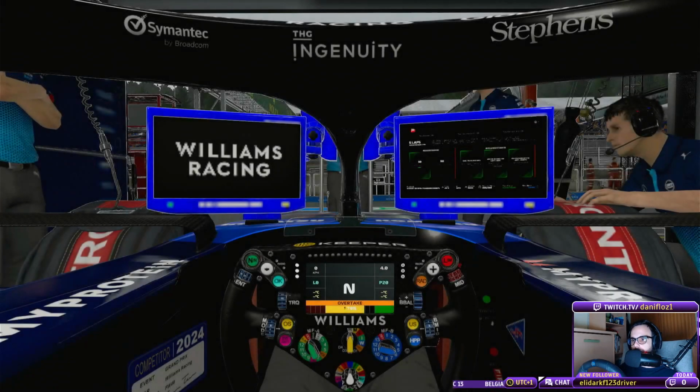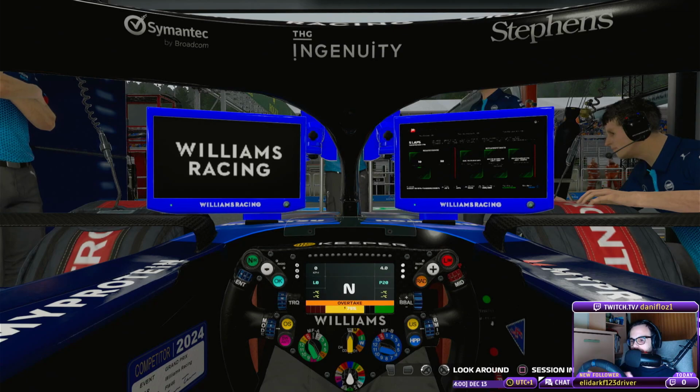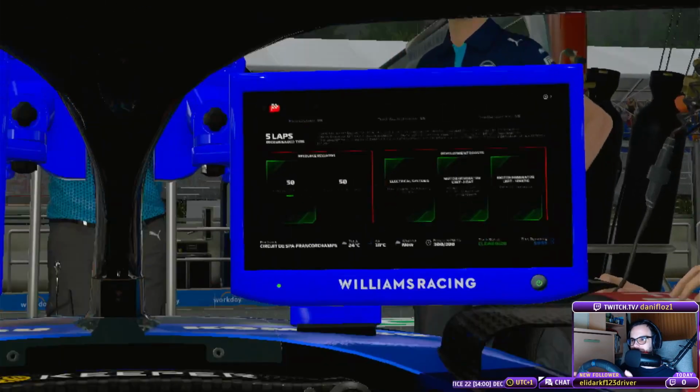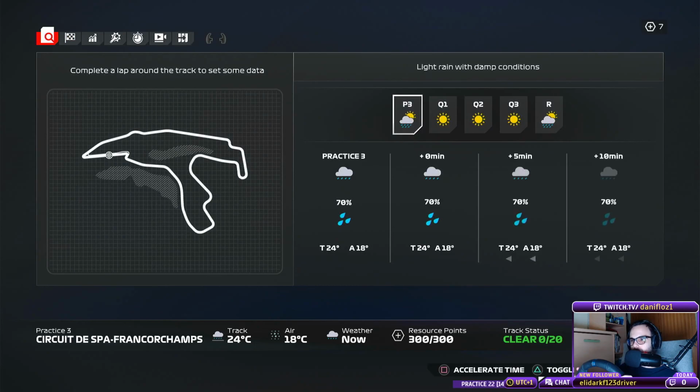Here we are, ready for the final practice 3 session. I'm really excited, guys, really excited for this session. First of all, it's raining,